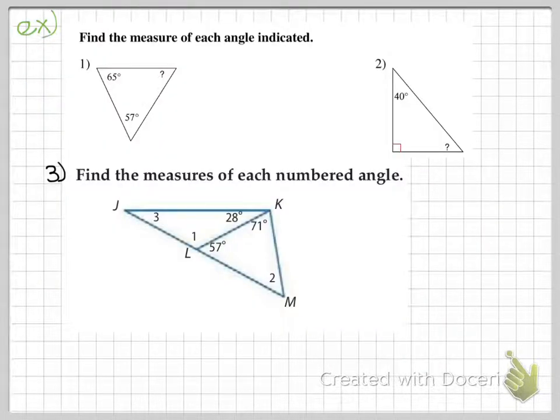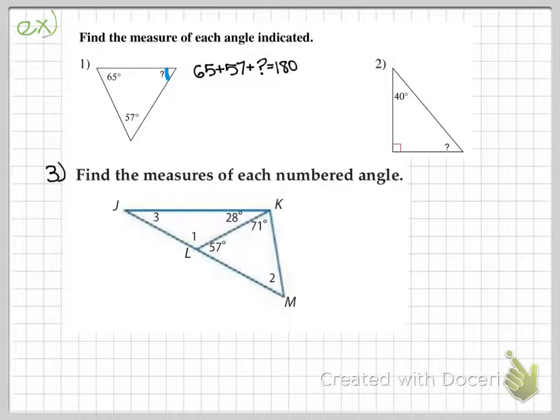So now let's look at some examples of that. Looking at number 1, we want to find the measure of the missing angle in this triangle. So we're trying to find this angle here. We know the other two, we don't know that one. I'm going to show you two ways that you can set this up, and you can pick which one you feel more comfortable with. The first way to do it is I can say that all of those angles add up to 180 degrees. So 65 plus 57 plus question mark has to equal 180